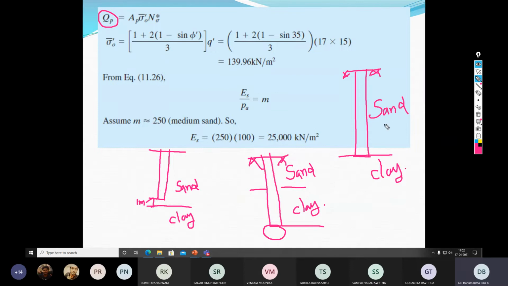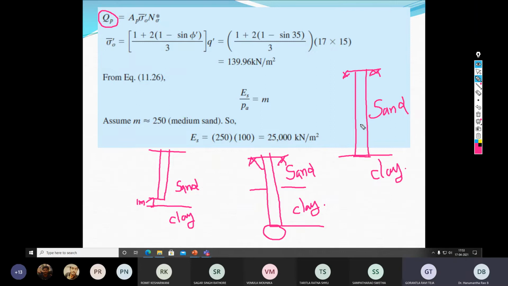Because these two cases are straightforward. Since the pile tip is in the clay, you consider only the soil in the clay. Only thing is, when you calculate the q dash, you have to consider the overburden, summation of sand plus clay, or sand alone or clay alone, it doesn't matter. But sir, phi, we have to take of clay or sand? Phi, yes, phi of sand only. Okay, sir. Because this is overburden, na? Overburden pressure. So whichever is causing the overburden, the same thing you have to take.